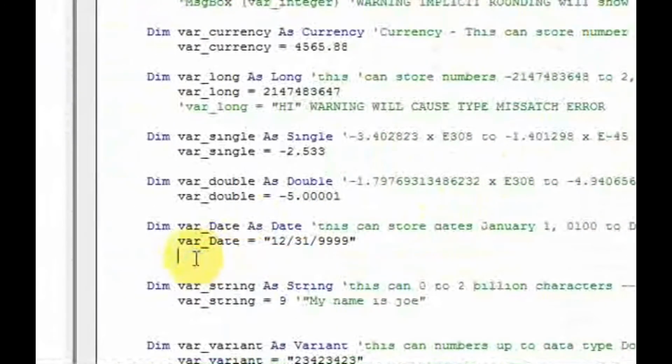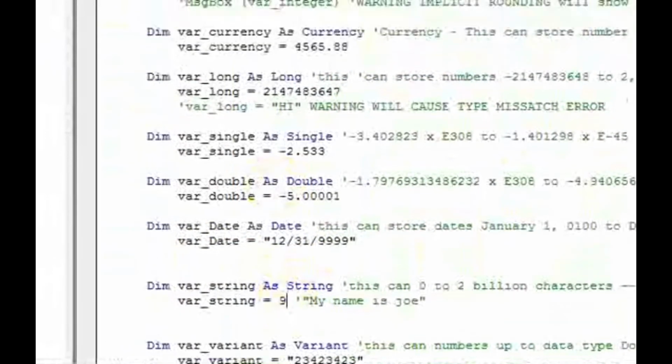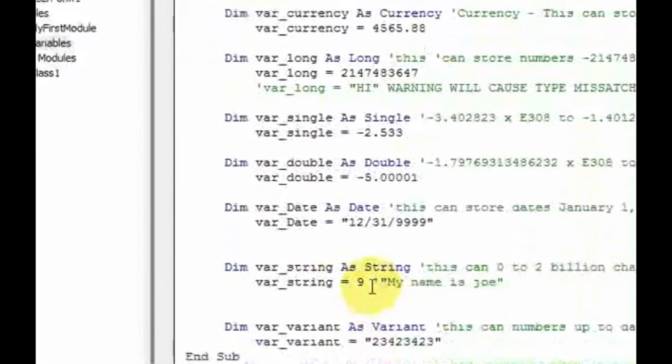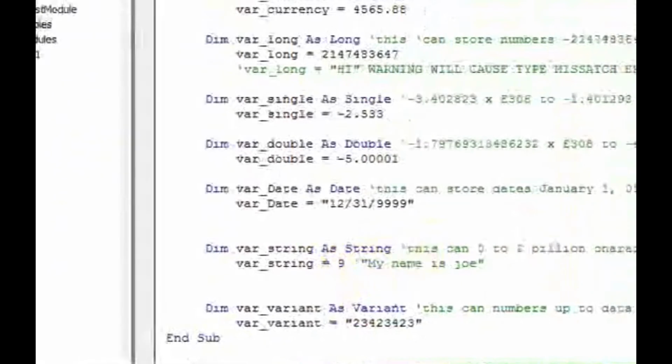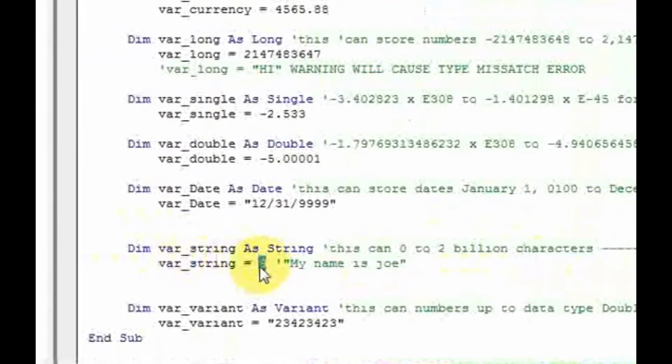Actually, no, you won't get an error. This is actually acceptable because when it says characters here, 9 is considered a character. But notice if I do this, 9 plus 7, and I hit enter,